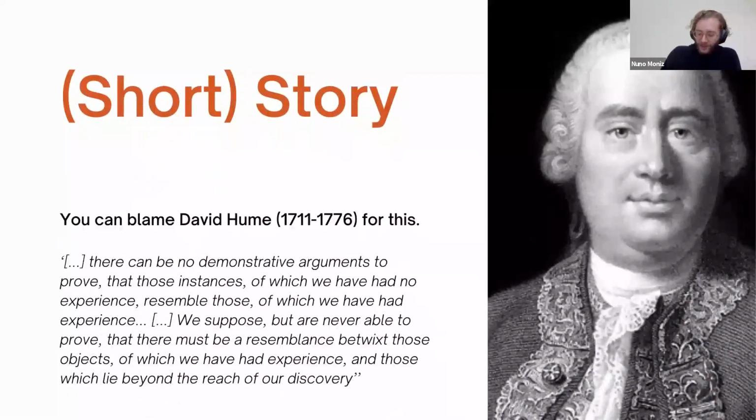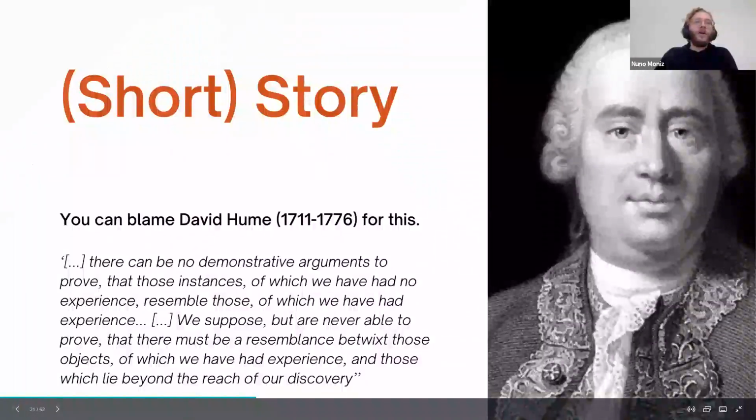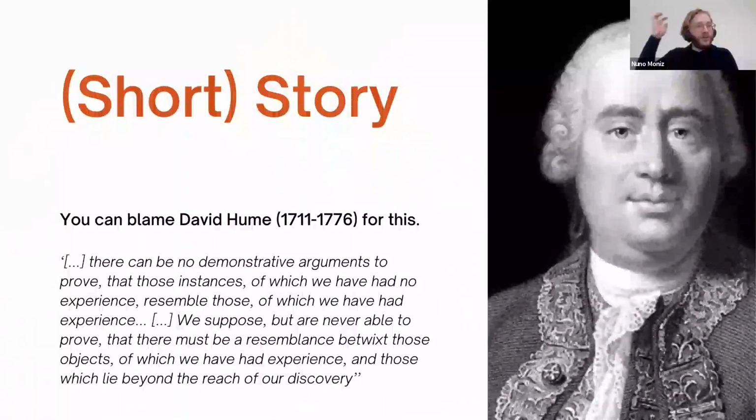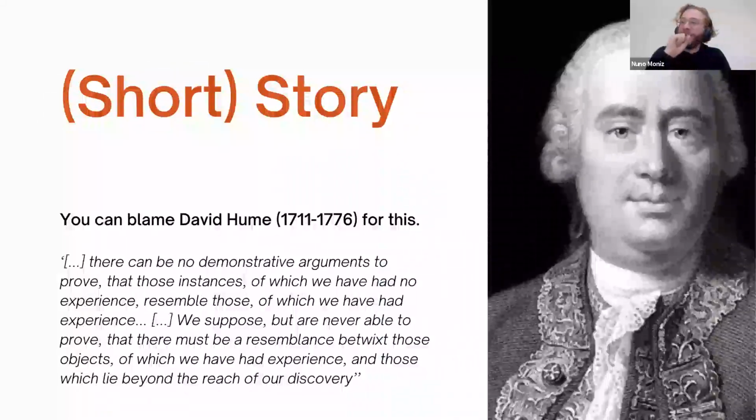And what is the no free lunch? Basically, we have this man to blame, David Hume, a British philosopher, who did extensive work criticizing induction, and has this phrase from a book of his, A Treatise of Human Nature, that it's important to read at this point for us to be at the